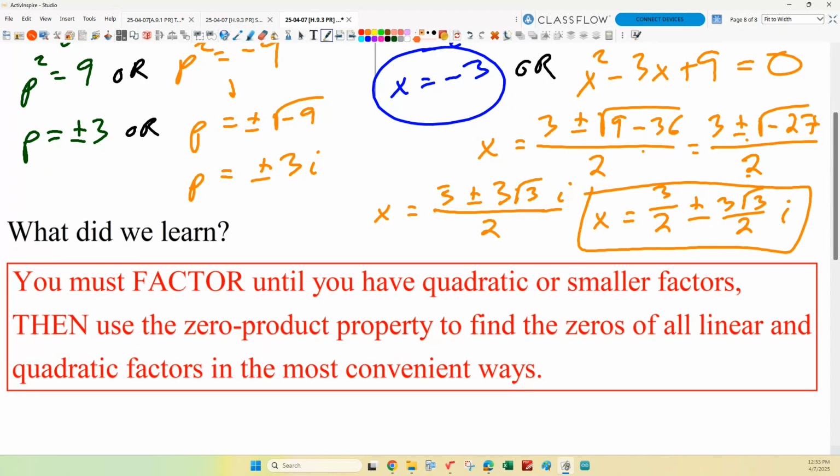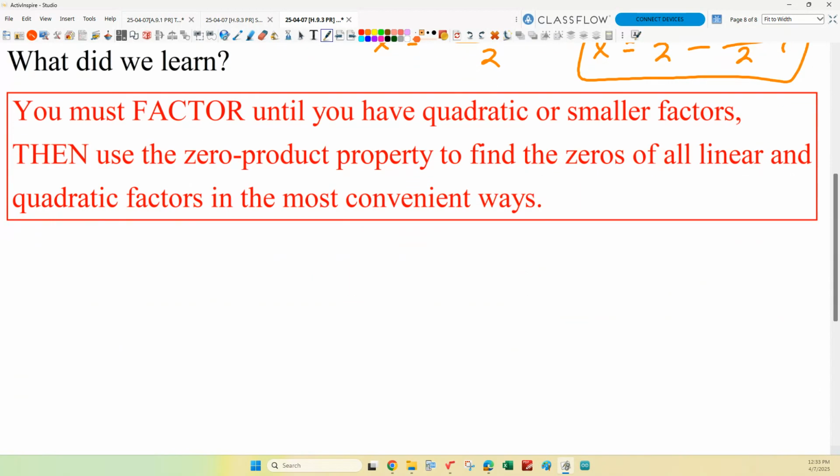So that worked the same way. Okay, everybody good with that? Again, you can't bail off the factoring train until your factors are quadratic or smaller. Okay, jump in. You can work on this assignment a little bit. It's up there ready to